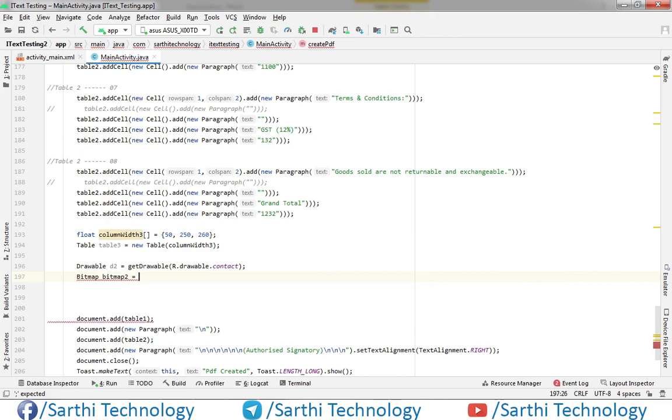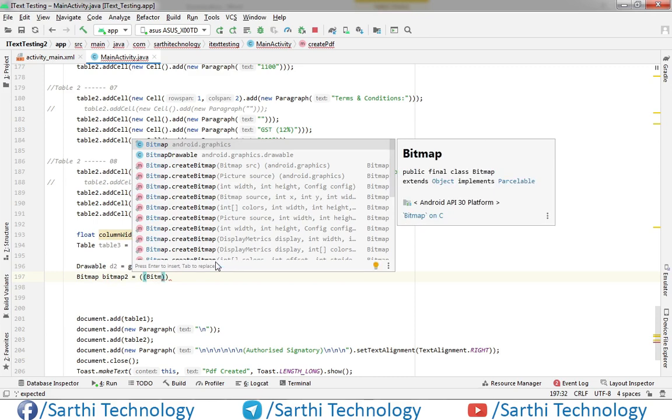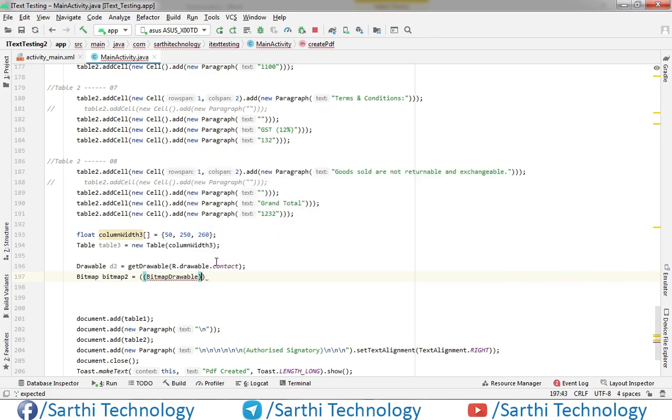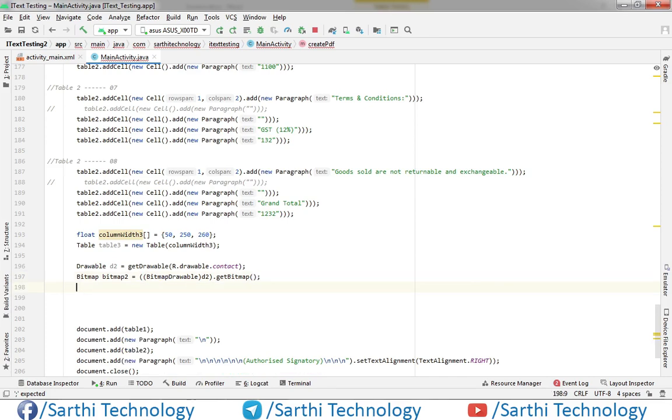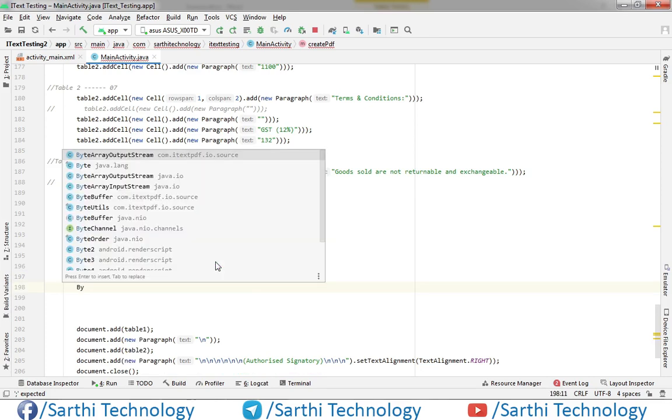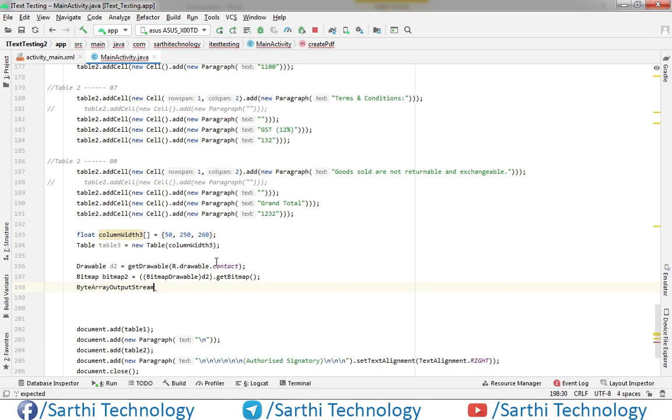Equal to bitmap drawable D2 dot get bitmap. ByteArrayOutputStream 2 equal to new ByteArrayOutputStream.